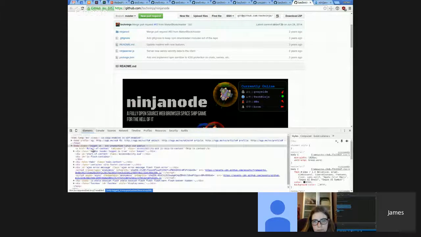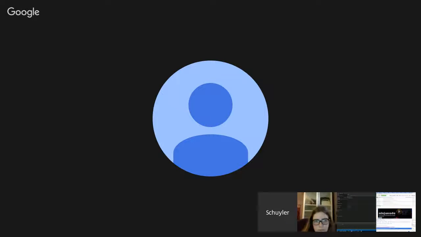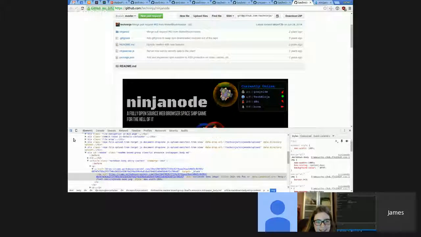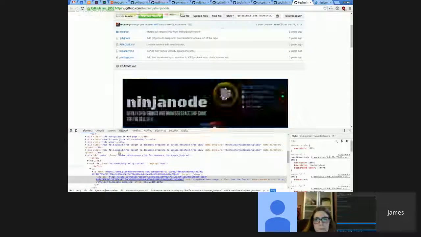You can see every element that makes up the page and hover over it to see. I can hover over this and see there's an image tag. If you know any HTML, the element selector button does exactly what it says. You click it, and then you click the element and select it. A very, very useful thing.